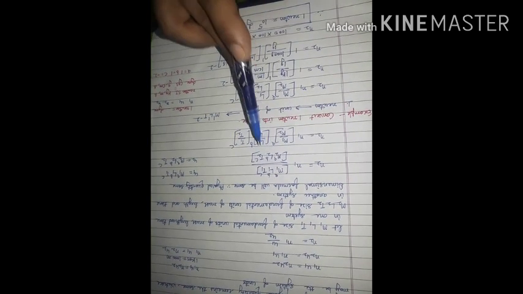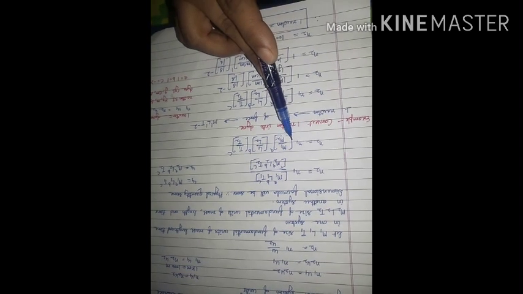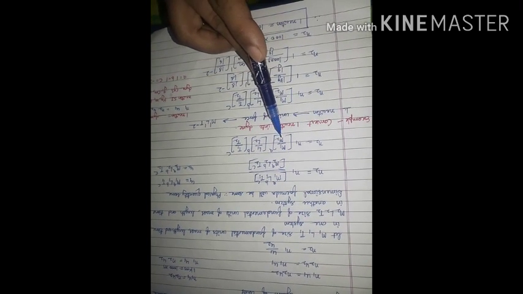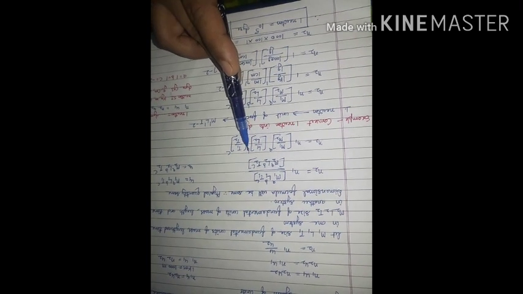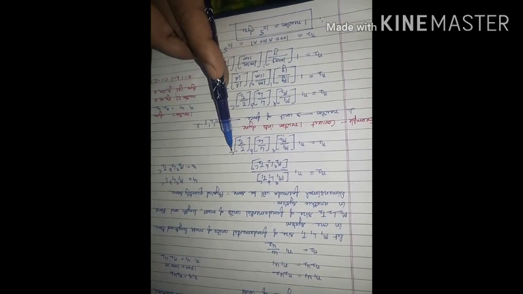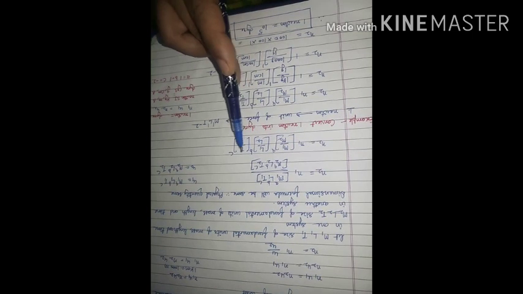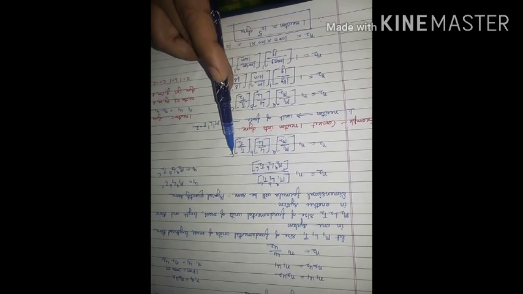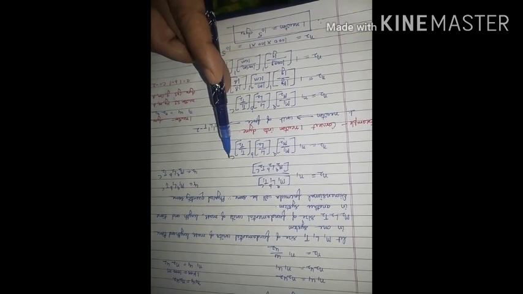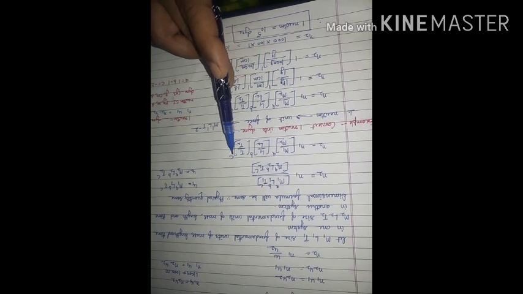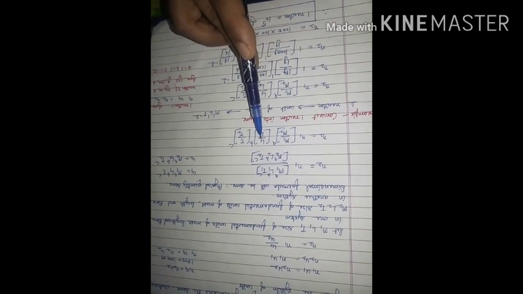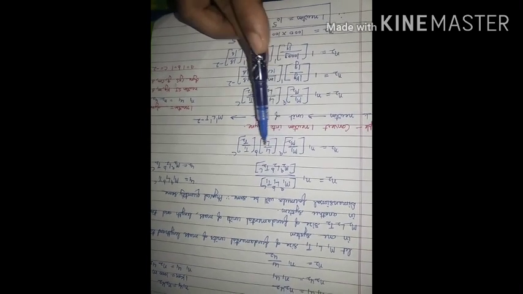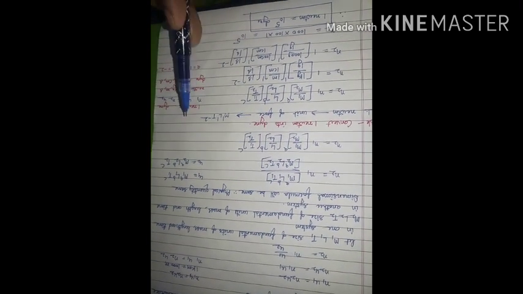And further solving, you will get N2 is equal to N1, M1 upon M2 raised to power A, L1 upon L2 raised to power B, T1 upon T2 raised to power C. Here A, B, C will not change, because whether you are going to consider speed in SI system or speed in CGS system, dimensions of mass, length and time will remain same in both the system of units.